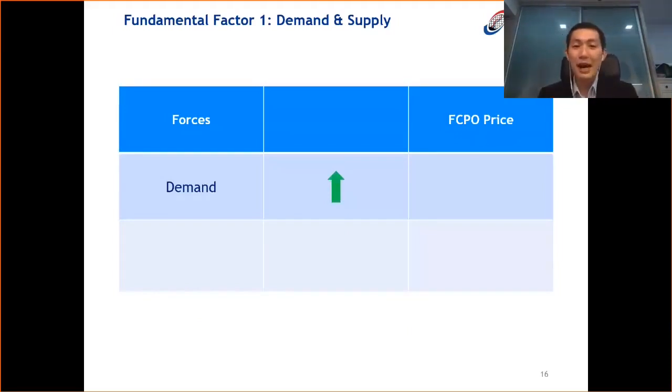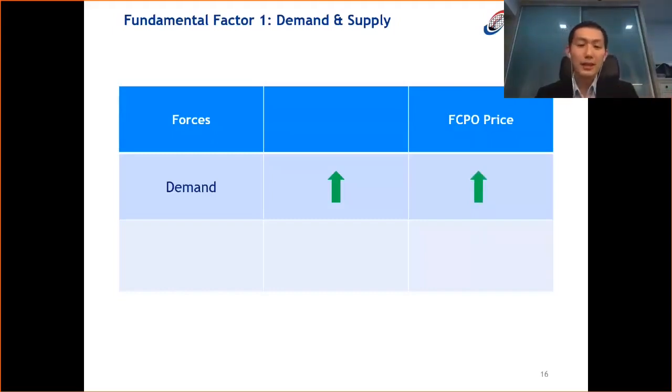So let's say there is a high demand for your price. What would happen to your FCPO price? Can you let me know when there is high demand, what would happen to your FCPO price? Will it go up or will it actually come down or no changes in the price at all? Right? So I see most of you put price is going up. That's right. You're correct. Because when there is demand or rising demand, generally, based on economic theories, price will definitely